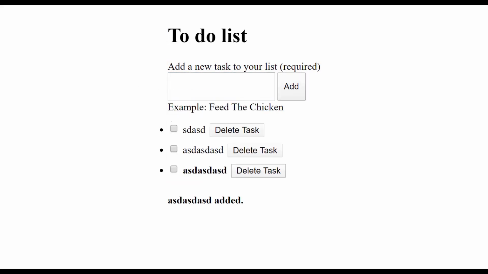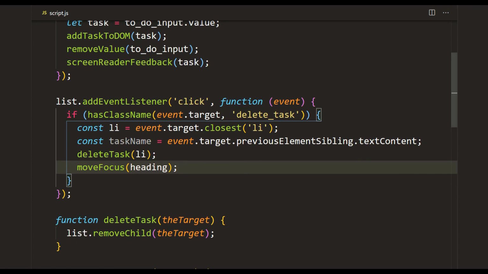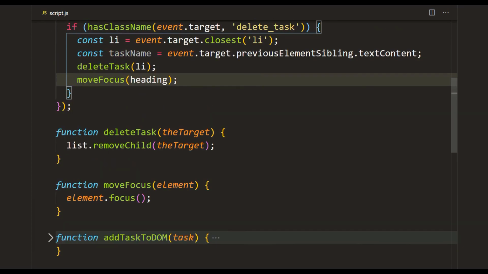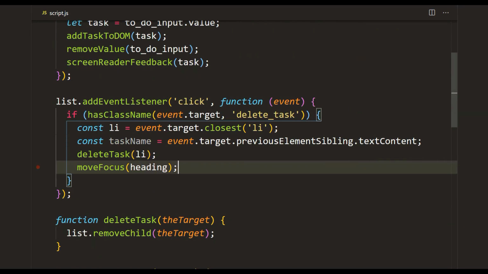You also have the option of moving the focus to the first element of our task list. I think it's personal preference. I prefer to move it to the heading, but maybe in time I will find other ways to do it. But focus management is very tricky, and this is just the best I can come up with. Okay, so let's see what other function we have to put.